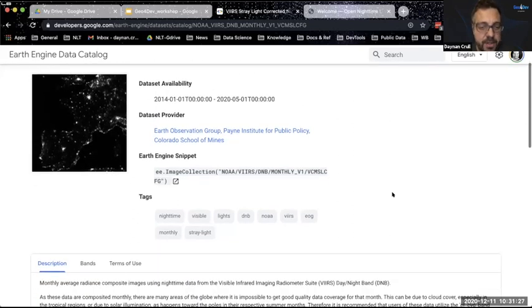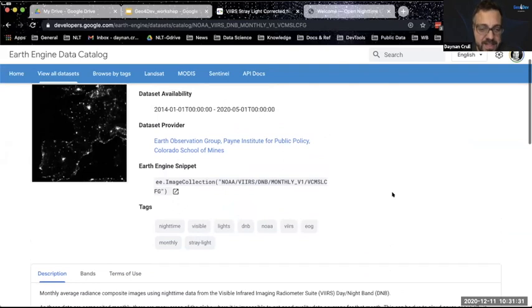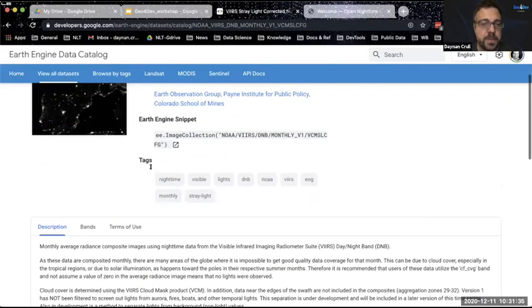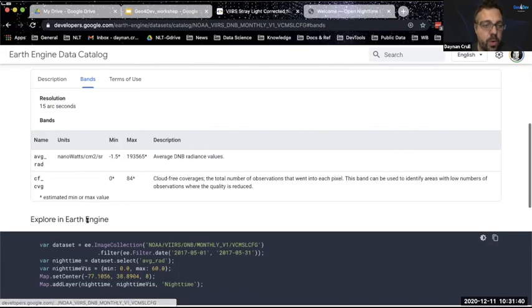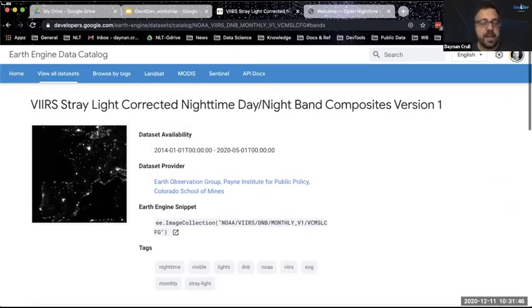We won't always have the advantage of one of the scientists who actually created the data with us, but there is a lot of information out there, and the reference papers and technical papers behind these data are often available. And you can see basic things like, okay, what are the bands involved? What's the unit that's involved in this? These are great reference points for the data that you might be looking at and exploring.